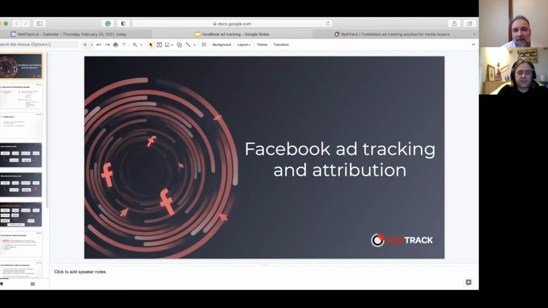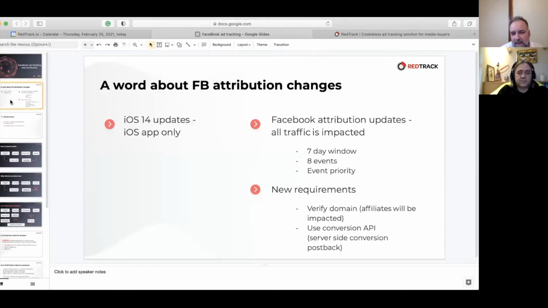We're here because Philip told me that quite a few people around the group have an issue with Facebook attribution after all those changes. Our position is that it's not about iOS 14, what Facebook does, because iOS 14 is only about apps.